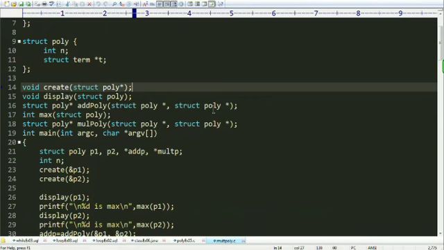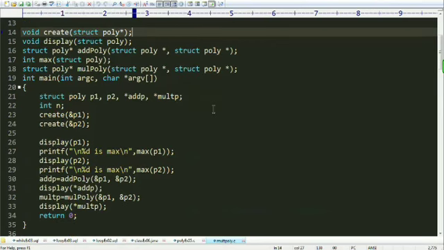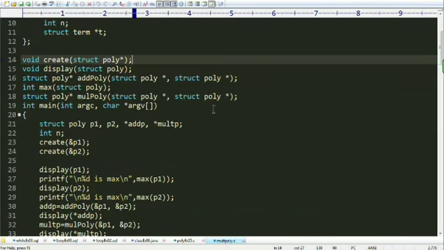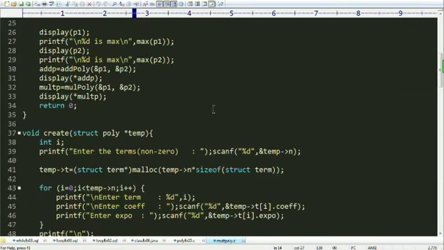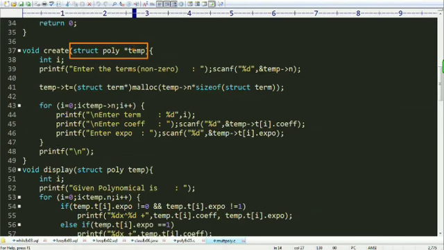Now you are seeing the create function, which has return type void and parameter struct poly star temp. Star temp represents the actual polynomial's address.